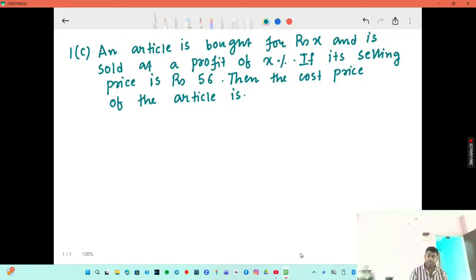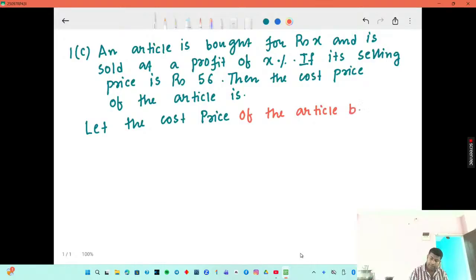Now here we have to let the cost price as X. So let the cost price of the article be rupees X. Okay. Here in the first line of this question, it is given as an article is bought